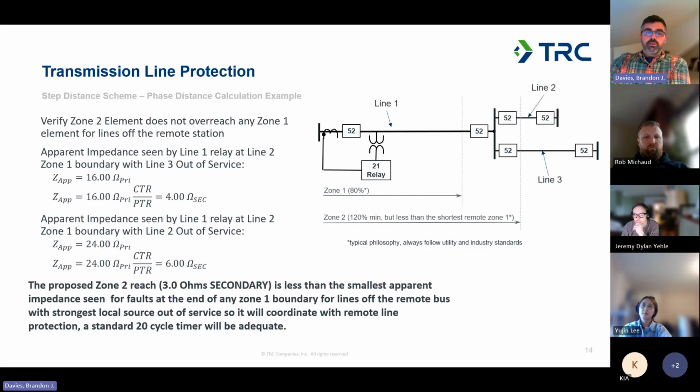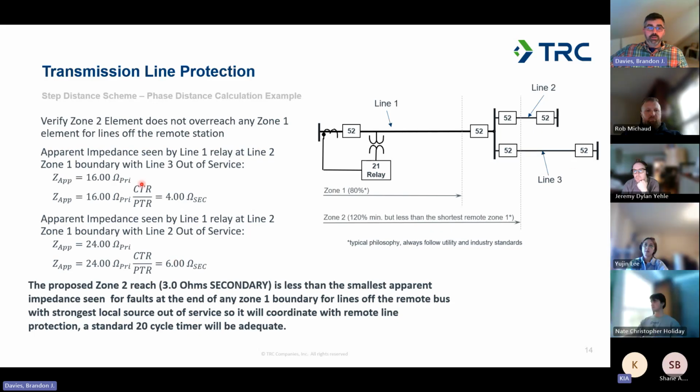So the next thing we need to do is make sure that the element we just set is not going to overreach the remote zone 1 elements. If you recall that step distance diagram we looked at last time, it was kind of a staircase and compares operation of one relay to another. We want to make sure for any fault condition that the relay we're setting can operate for within that